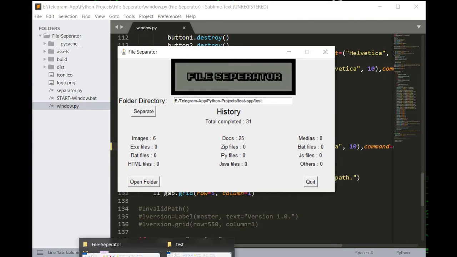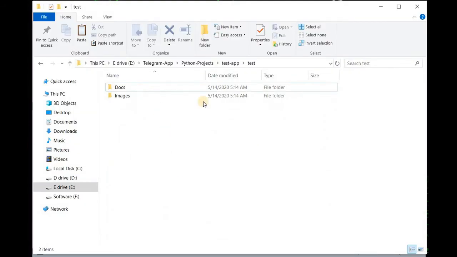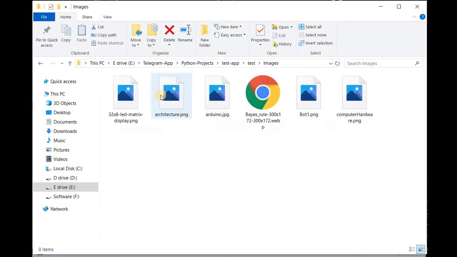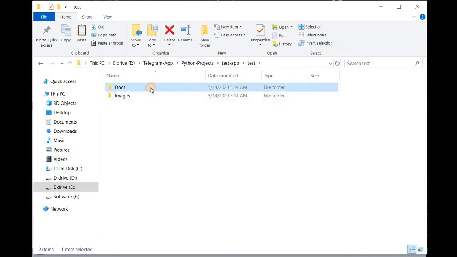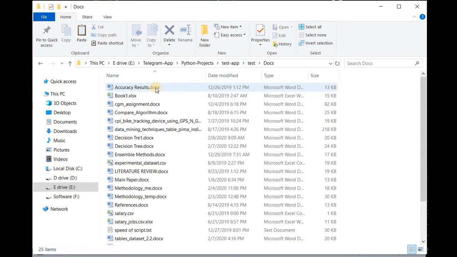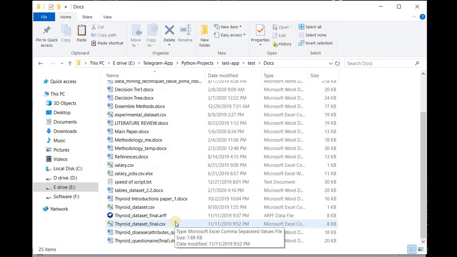Now we see the folder, text folder. In text folder we have two folders now. One images, all the images are in this folder, and in doc folder all the docs files are in this folder,